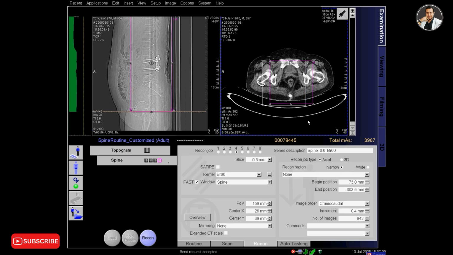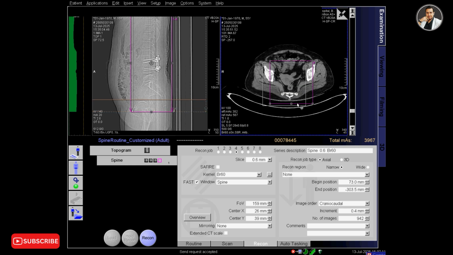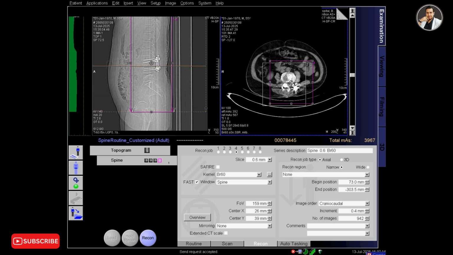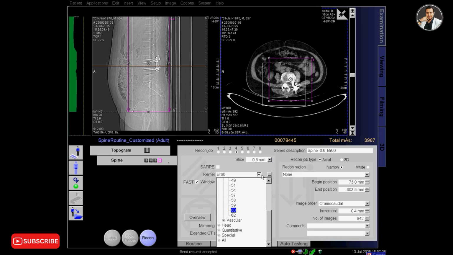I have to reconstruct a bone window, selecting the fourth reconstruction, and as there is a screw and metal in the spine, I have to select BR51, I think.